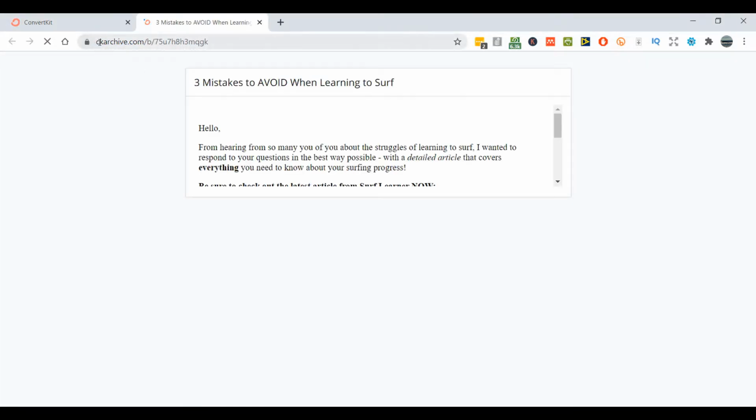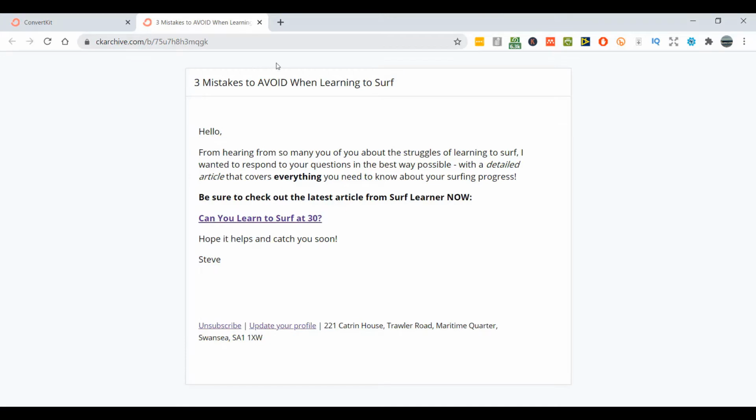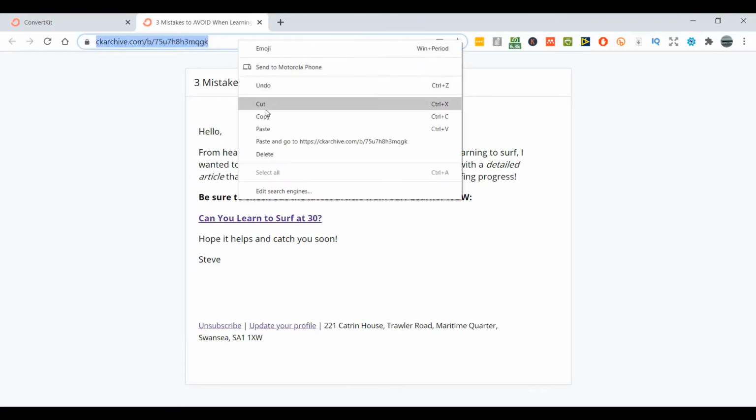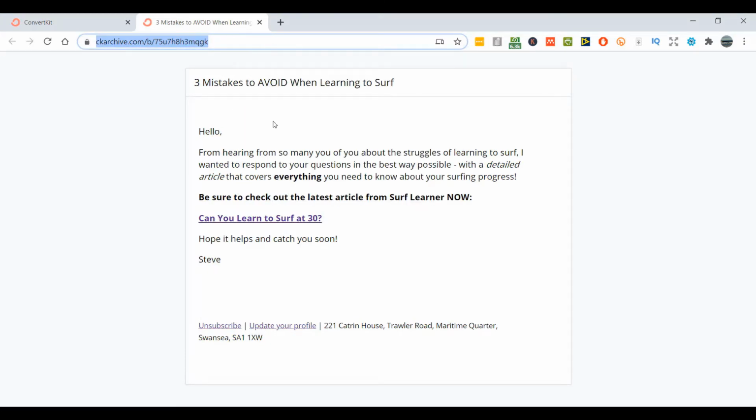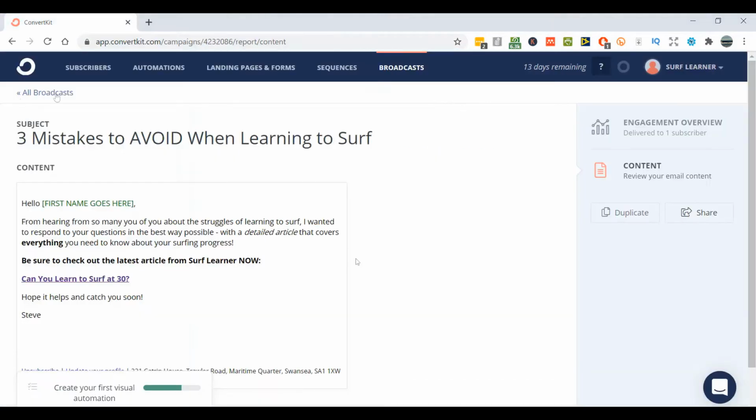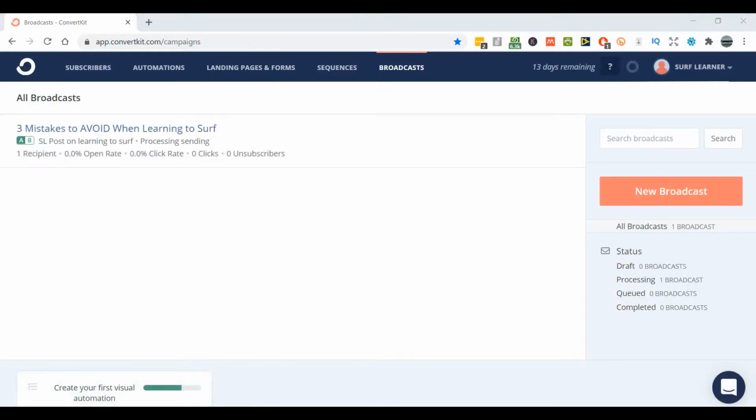So if you press share, then it will add it to this domain ckarchive.com, and you can then copy and paste that and send it to maybe your virtual assistant or whoever you need, depending on the situation, but that's there as well. So if I go back to all broadcasts, it's still processing, but either way, that will go out very shortly, and that's it. We've done our ConvertKit broadcast to our email list. Fantastic. So that's the end of this